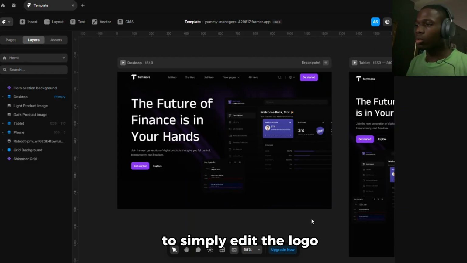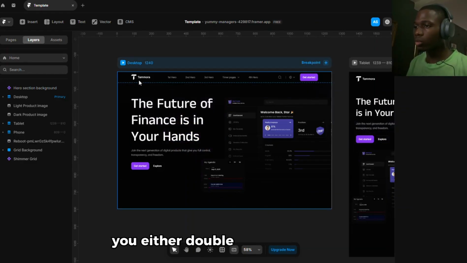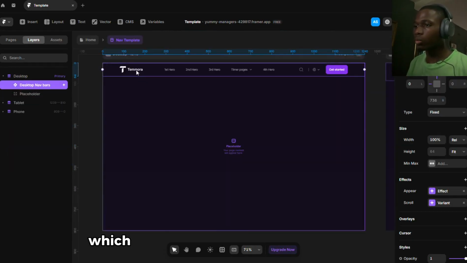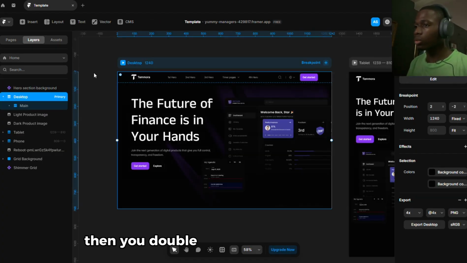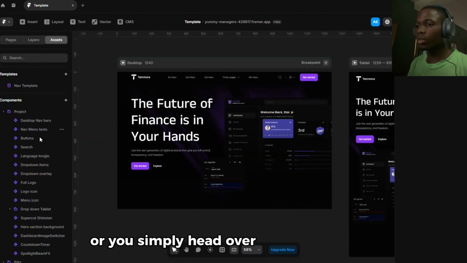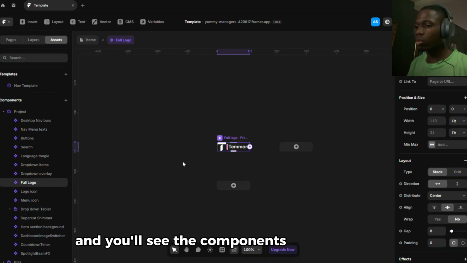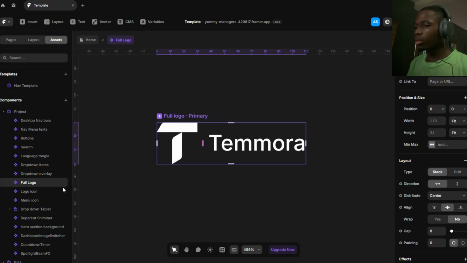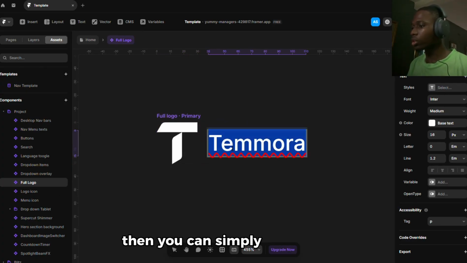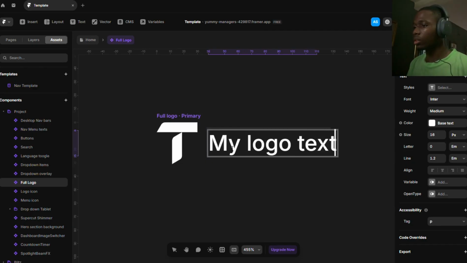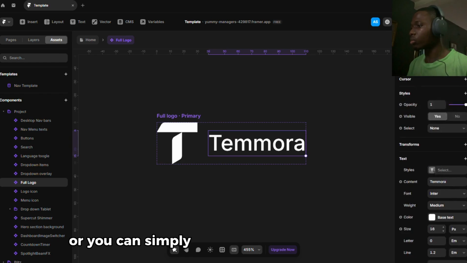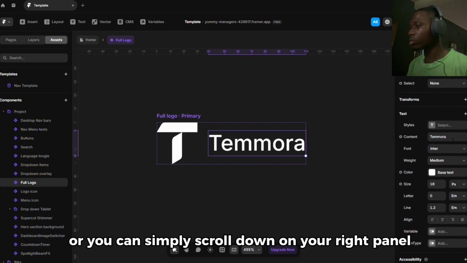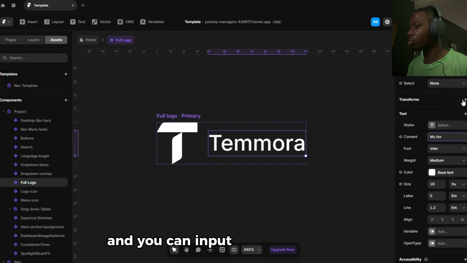To edit the logo, you either double click from the nav, which will lead you to the nav components. Then you double click and enter into the logo, or you simply head over to the assets panel and you'll see the component named full logo. That will lead you to the logo. Then you can simply edit the text like I'm doing here by double clicking, or you can scroll down on your right panel, where you see content, and input your logo text there